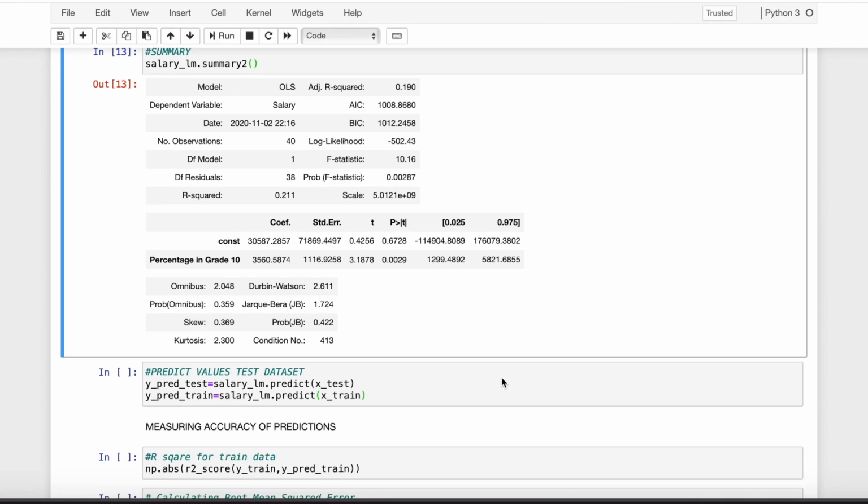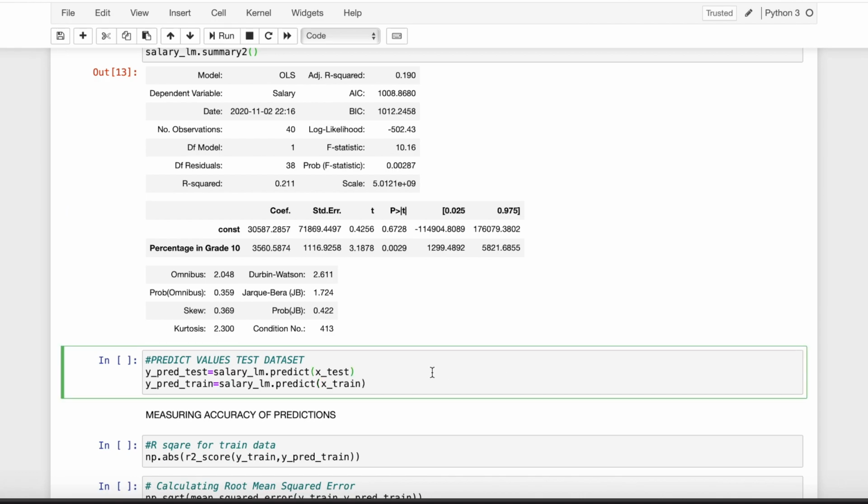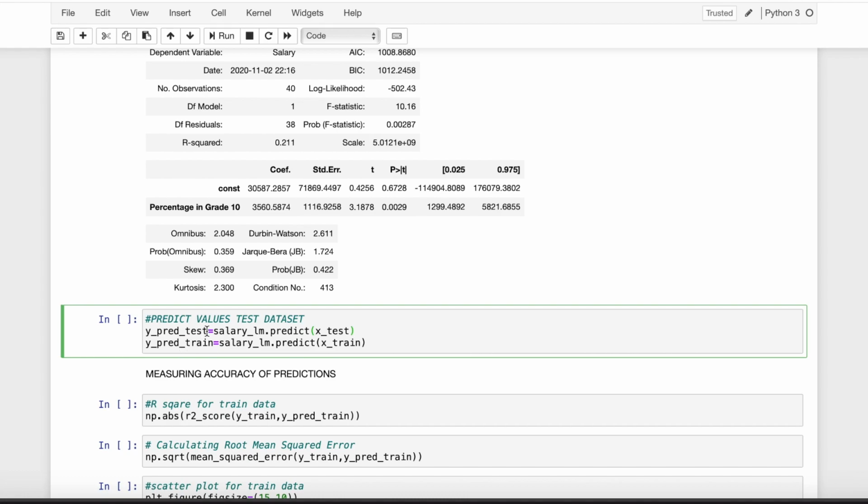Now let's move on to predicting the values of our test data set. So to predict the values of our data set, we have to call dot predict function.